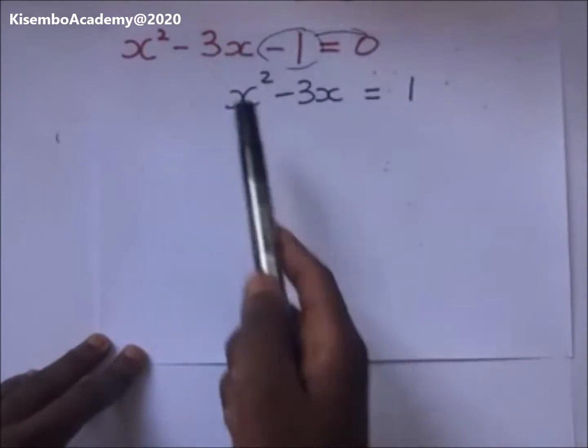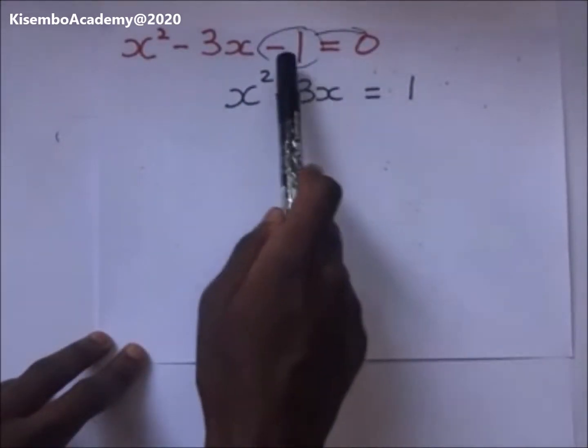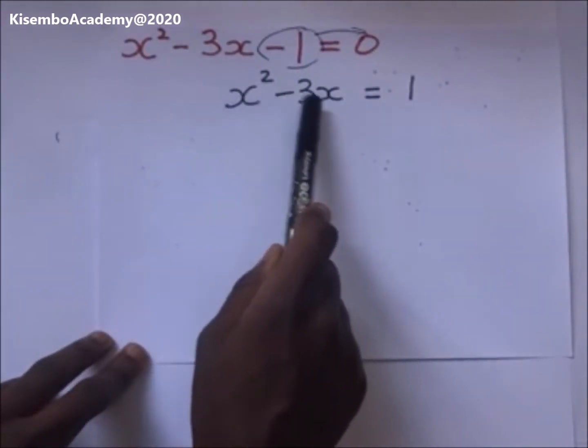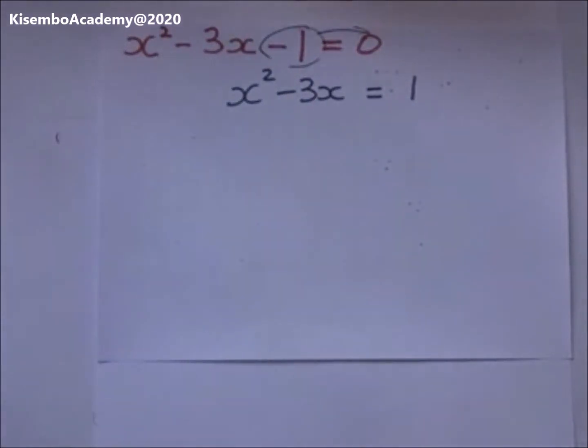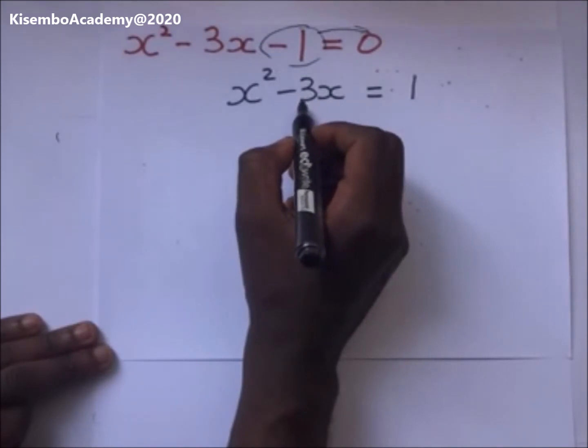So we are going to complete squares. Completing squares here means that we're supposed to first put it in this form. It means -1 crosses this equal sign to come this way. That's how we end up with x squared minus 3x is equal to 1. The 1 is this way. So from this level, we divide both sides by,